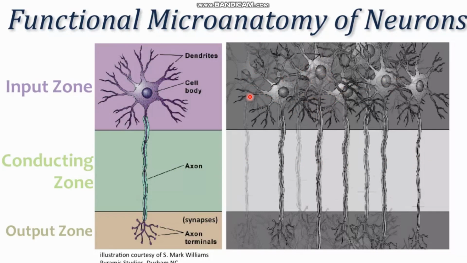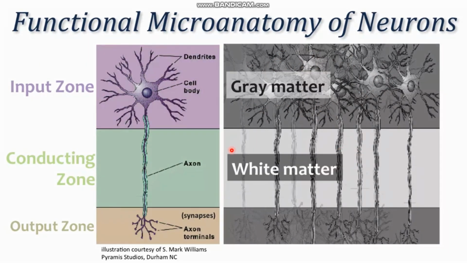I'm really sorry, I missed it. It is called gray matter and it is called white matter. So let's move forward. When these neurons are joined in parallel, or combine together, they form a neuronal tissue. When we see this neuronal tissue, it has some gray matter and some white matter. Where we see cell bodies and proximal dendrites, we call it gray matter, and where we see axons